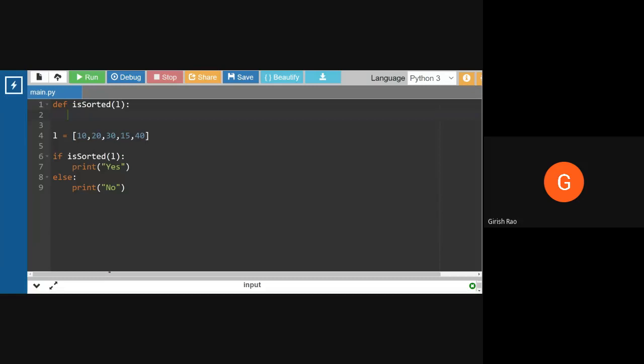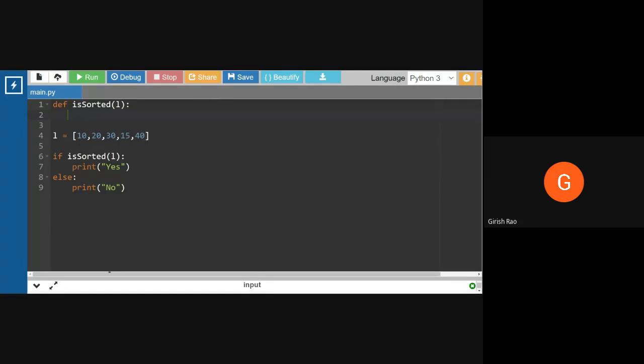Yes, you can paste the solution now. Sorted list is equal to sorted. Okay, this was a good solution. If a of i is less than or equal to a of i, flag equal to true, else flag equal to false. And when it is false... no. You should return true or false. No need to return yes or no. You just say return, because printing is done in the main, outside the function.